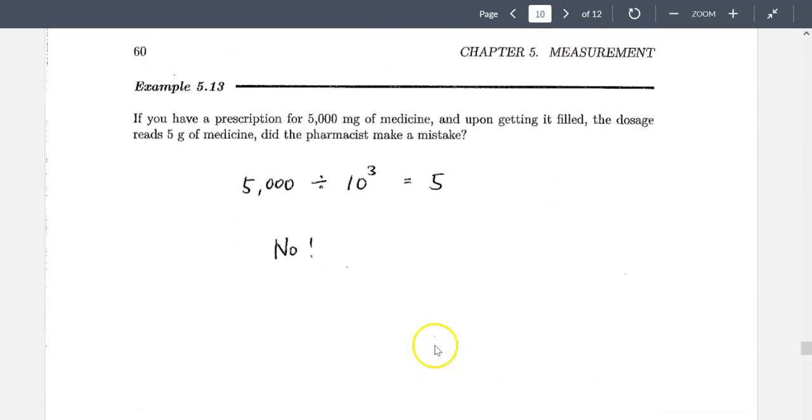Okay, so the last question is about someone who has 5,000 milligrams of medicine, and we need to make sure it's 5 grams. Is it the same? Yes, milligram to gram, you have to divide. So in this case, no,